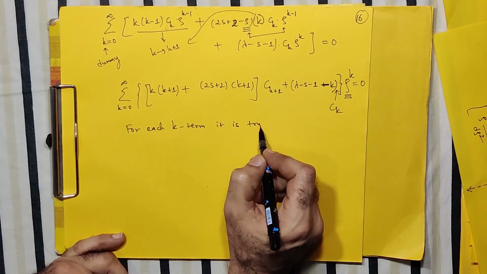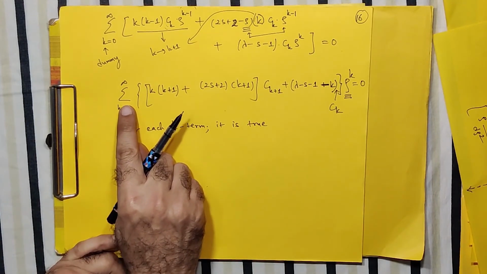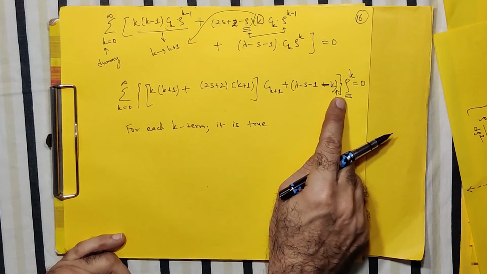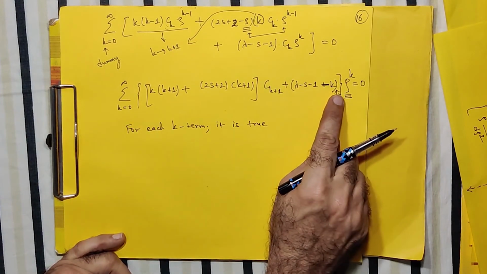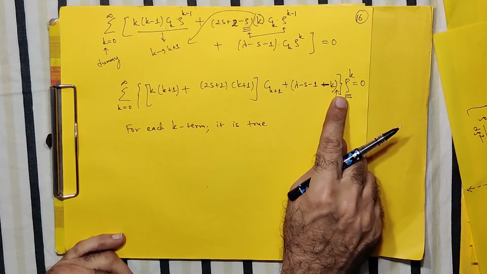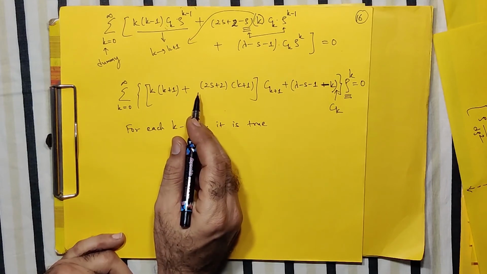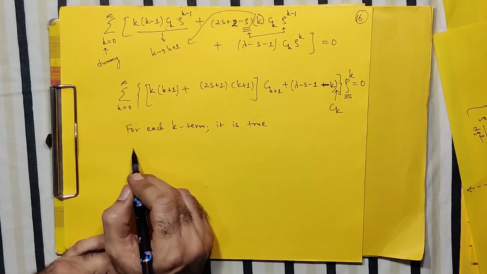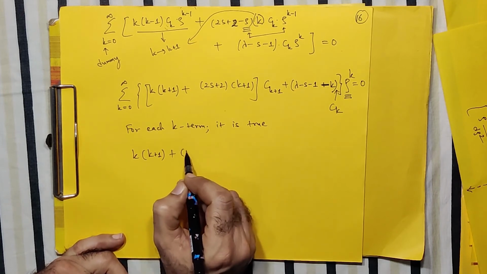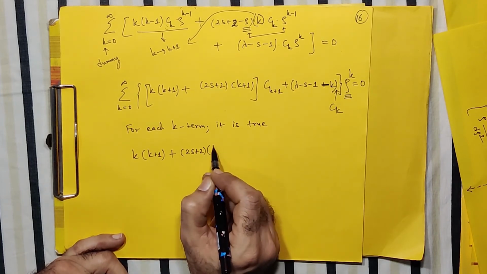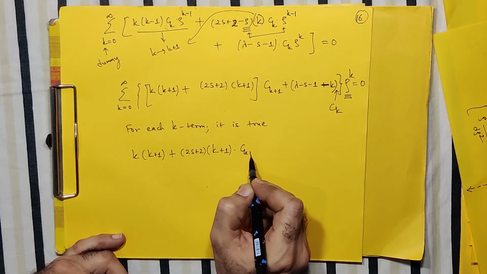And if it is true for each k term, then without summation also you can write like this. Right? So this equation which I have written in the curly bracket, I am writing for the specific k. So it's like this. So k into k plus 1 plus 2s plus 2 k plus 1, this coefficient will be there, ck plus 1,